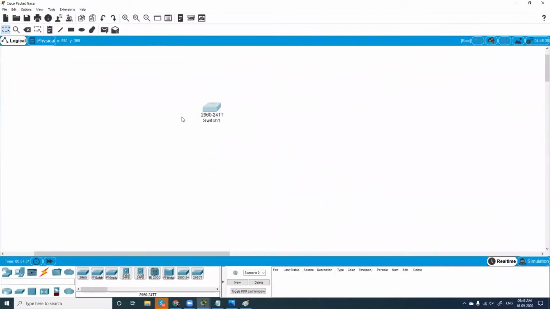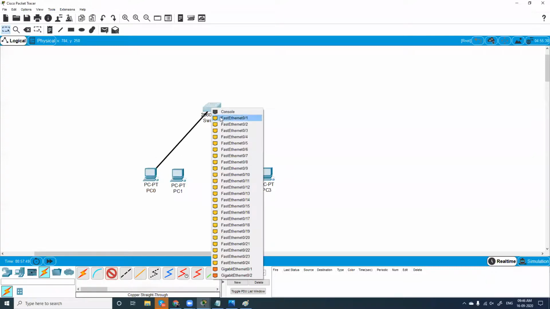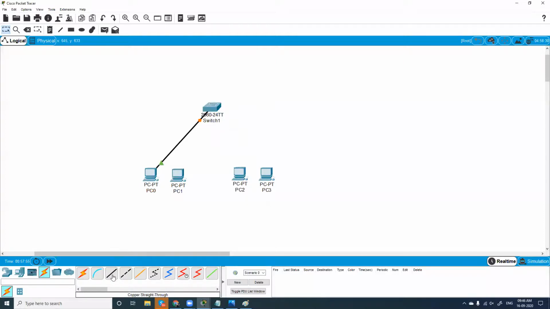Great. So we take a switch, and we take 1, 2, 3, 4. So we have 4 computers now here. Let me connect this with Fast Ethernet, to interface 0/2.